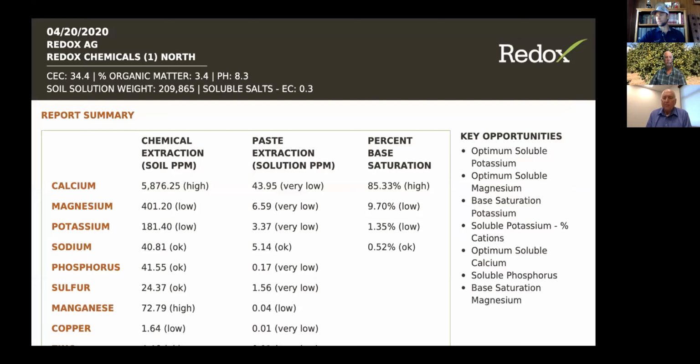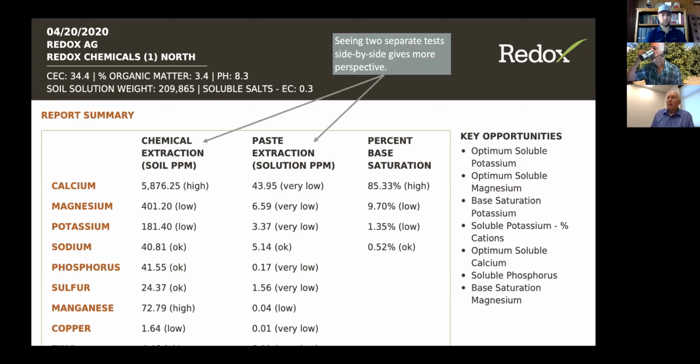So what do we do about it? Well, first thing I would point out is having information in front of you is extremely critical to make proper decisions. It is simply impossible for anyone to guess from afar what the right input or practices is for a particular grove. One of the things that can be extremely helpful is good soil testing on that particular grove. At Redox, we like to look at both a chemical extraction of that soil, which gives us kind of an overview of the macro content of that soil,